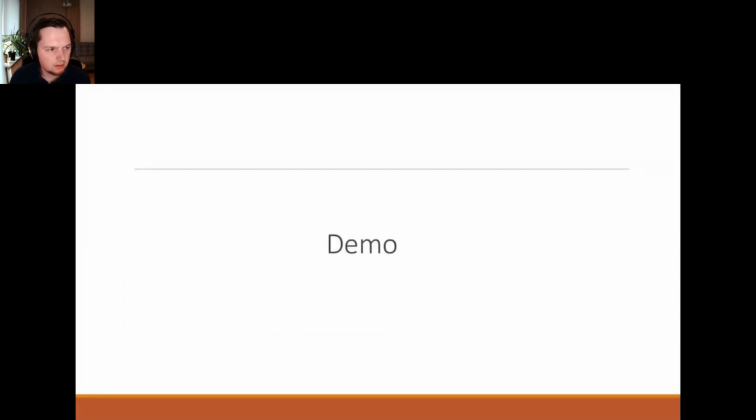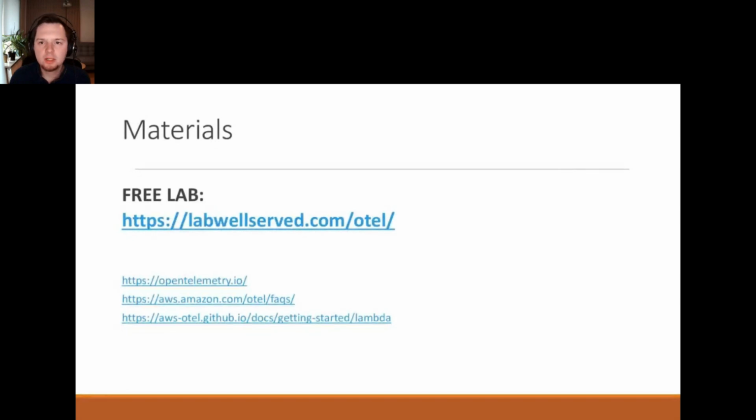And yeah, that was the demo, and that is pretty much what I wanted to share with you. So if you want to try this by yourself and play with AWS a bit, you can go to labwellserve.com/hotel, and there is a free lab that I actually used. You can just launch it, and it will provide you a free AWS account for 1.5 hours, where you can do the same steps as I did.